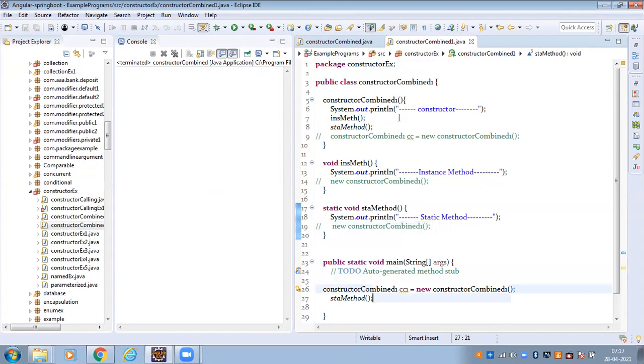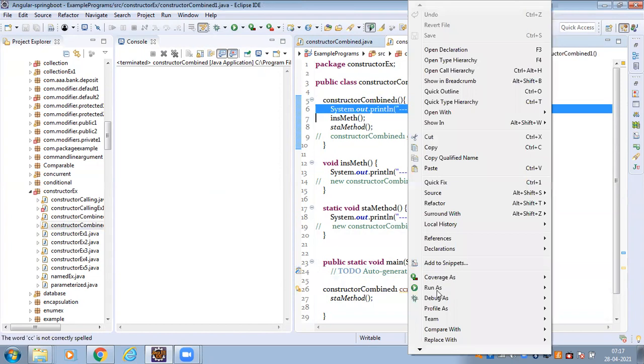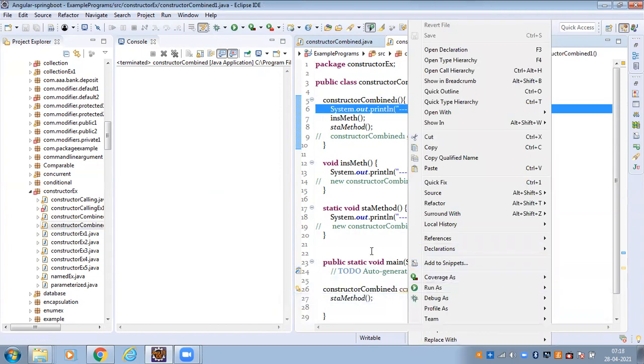So here I have to create the object. During that object creation, the constructor is executed, so first it prints the constructor. After that, we have to call the instance method.